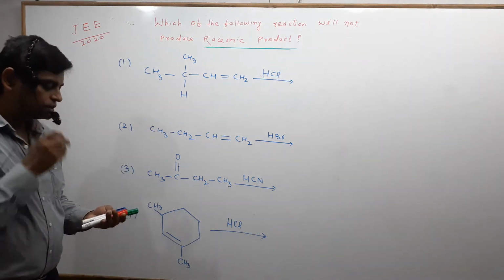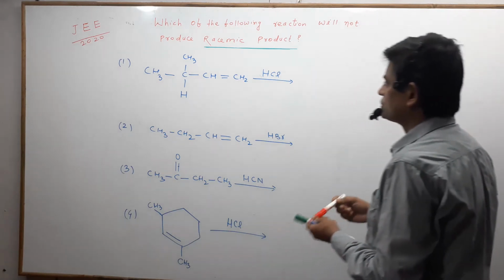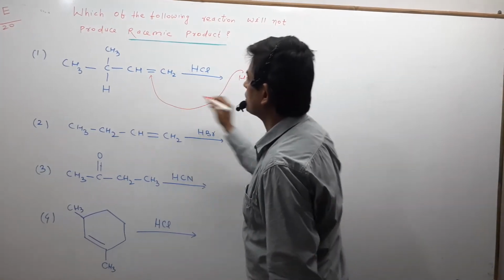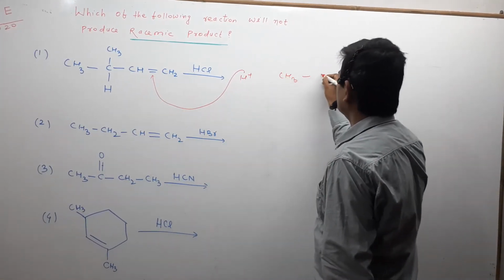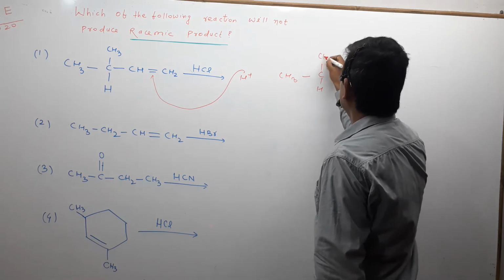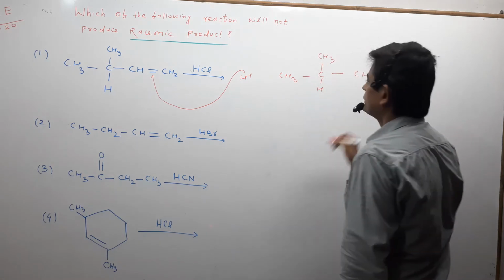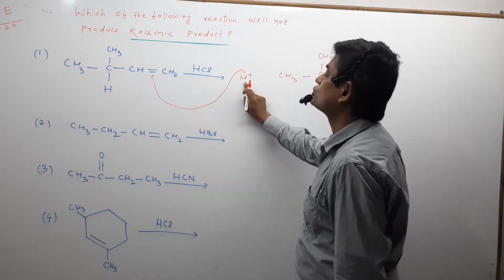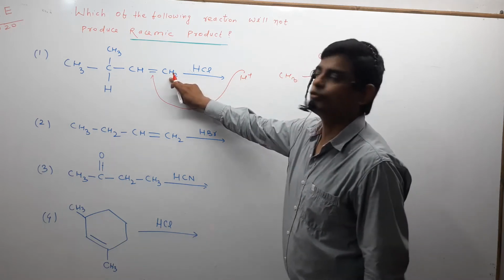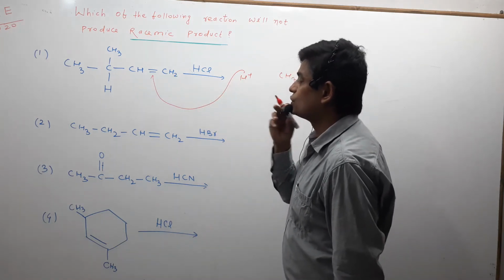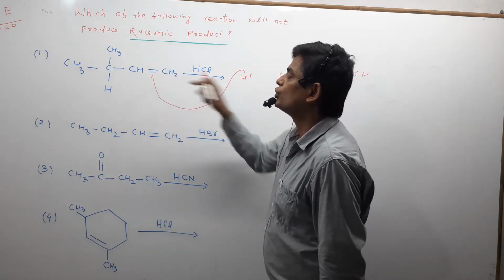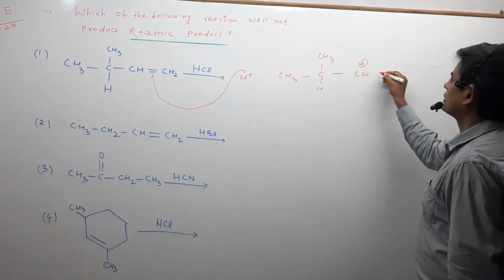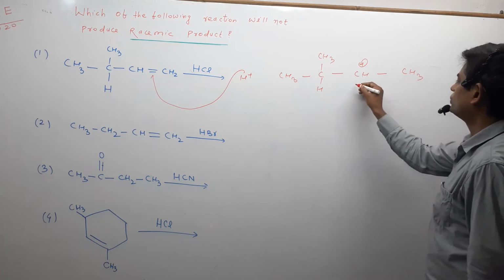So let us discuss. In the first question, H plus will attack at this pi bond, so this will be formed. Now this addition will be according to Markovnikov addition, and this hydrogen will attach on that carbon which has more hydrogens. In this pi bond, this has one and this has two hydrogens. So this H plus will attach at this carbon, and here a carbocation will form. Now this Cl ion